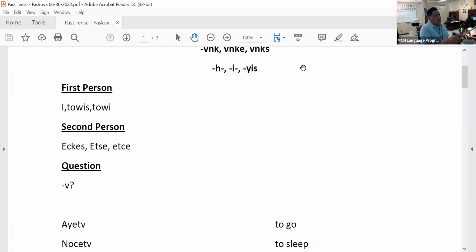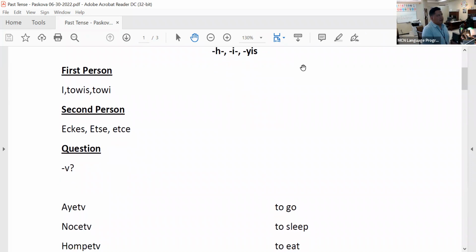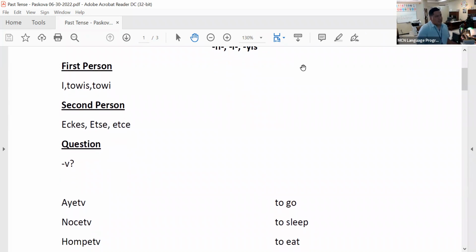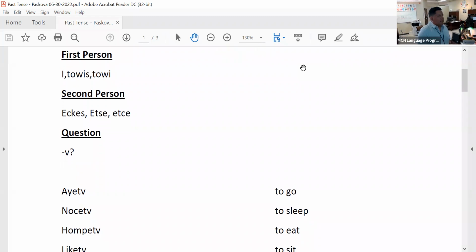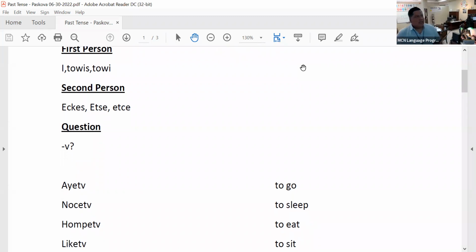So if you were in the last one, or if you've seen this before, the first person, how to say, let's use Ayada, I is, I with an I, or Ayado is, Ayadoe. And then the second person would be etskis, etsi, etsi. There's different ways people say them. That's why I have each of them as an example there. Ayetski, ayetsi. And then the question form of it, which is more common with the second person. Ayetsa, or anything like that. Ayetsa, are you going?